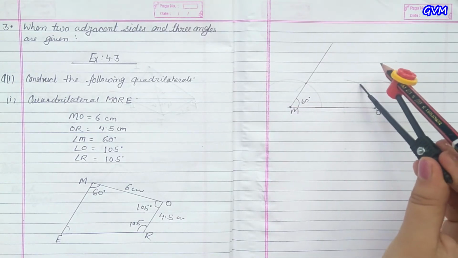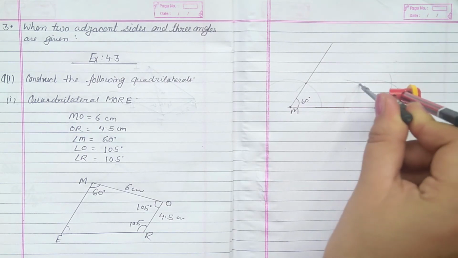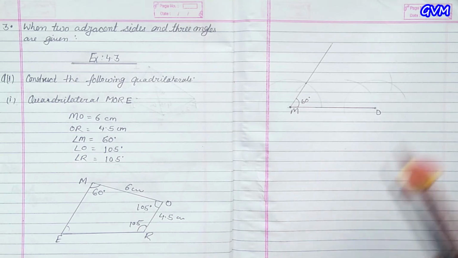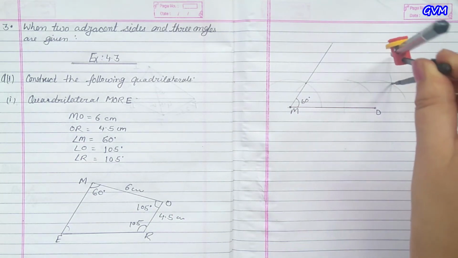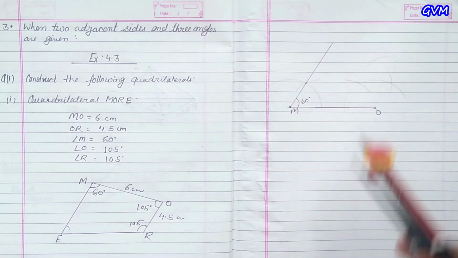Now again at the intersecting point of these 2 arcs, put the needle and make one more arc. Because we are making a 90 degree angle, so again put the needle at this third arc and make an arc above,